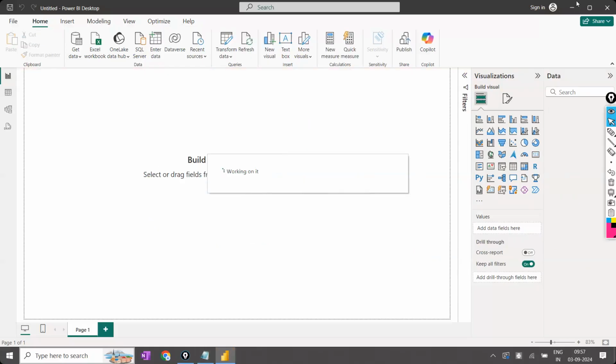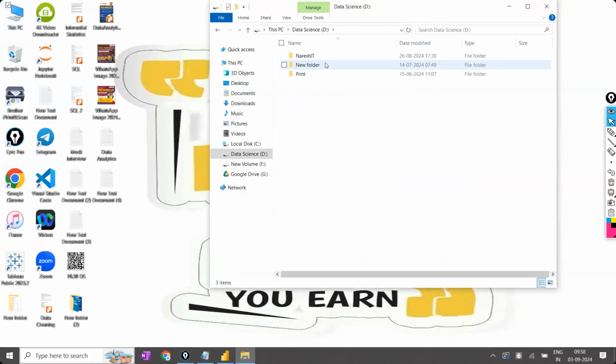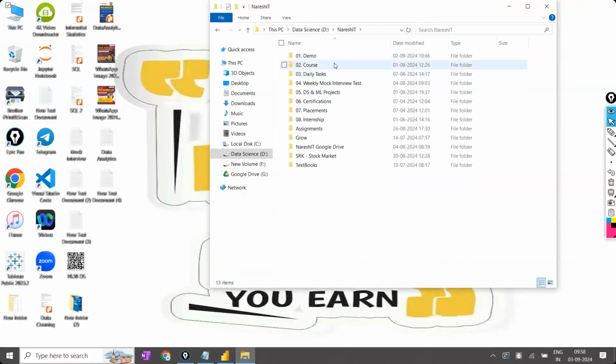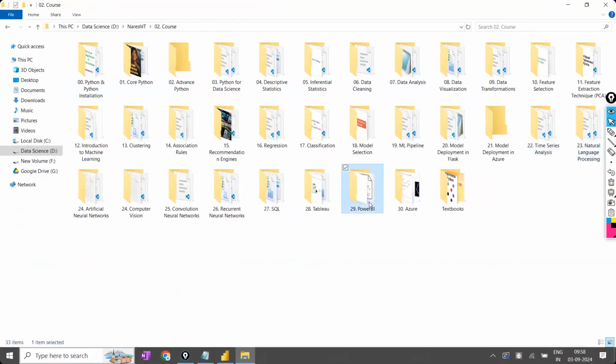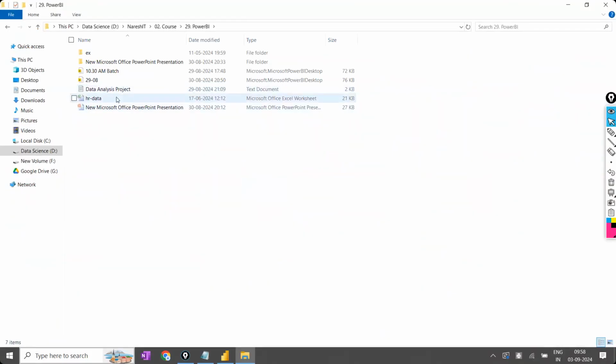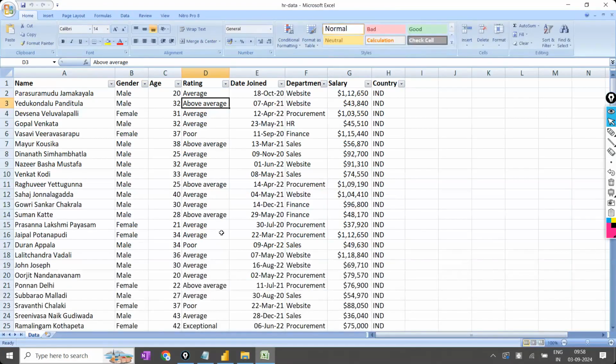So I'm going to take here this data set which I'm going to work on. Now in this data set, there are different people who are working in India along with New Zealand.